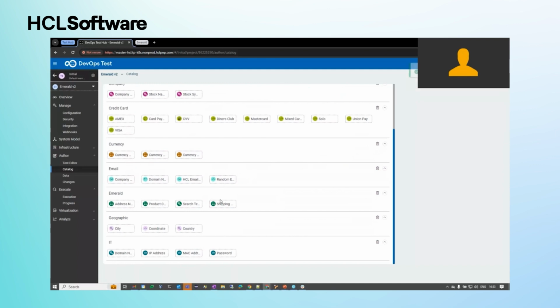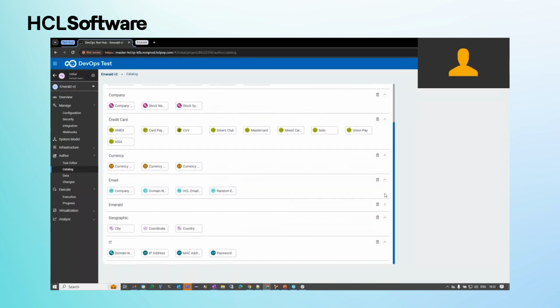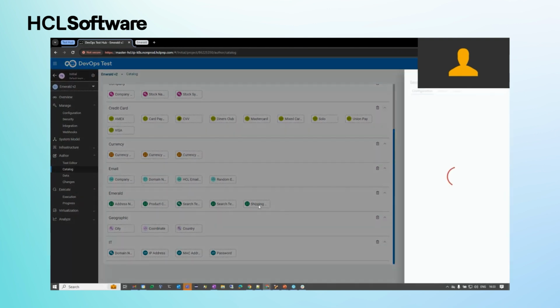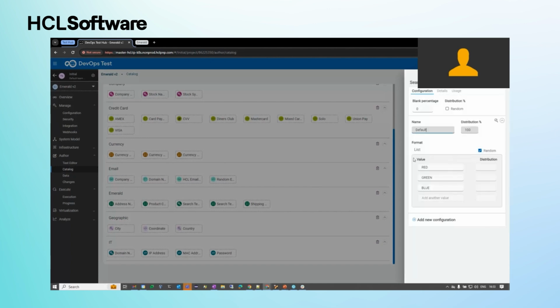and we can specify the different properties we're interested in. So if we look under Emerald, and I think we might just have to refresh it. This is a development environment I'm working on here, and it isn't the fastest system, so you'll have to excuse that. So here we're configuring our search terms for web generator,